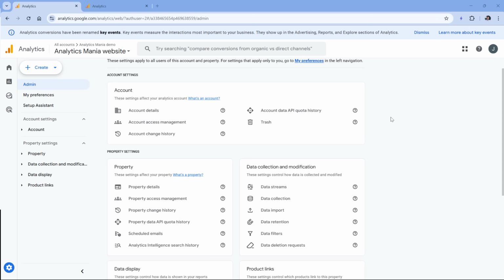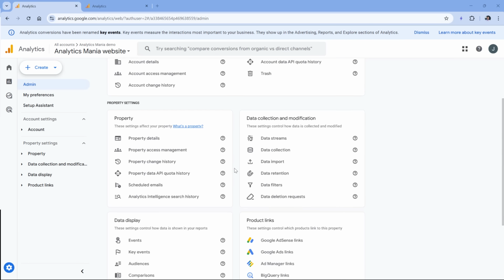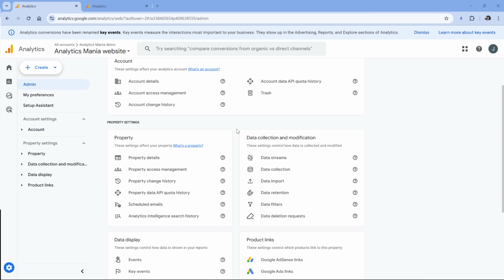In the admin panel, we have a lot of settings. Some of them are related to account, and then most of them are related to this particular property. I will not be diving too deep into each setting individually because that would make this tutorial much longer, and I want to fit into 1 hour. So I will just mention the most important ones, or I will just briefly mention what that setting is responsible